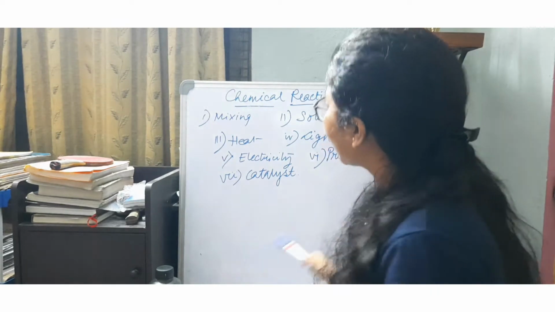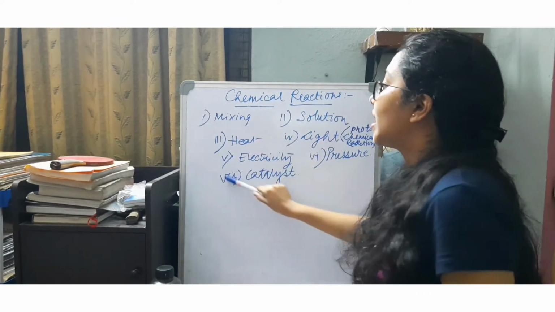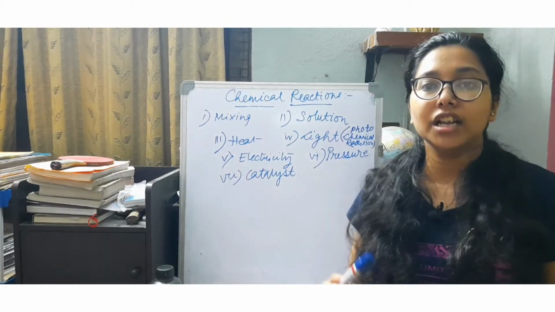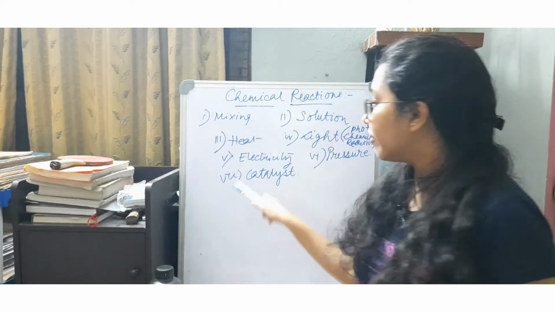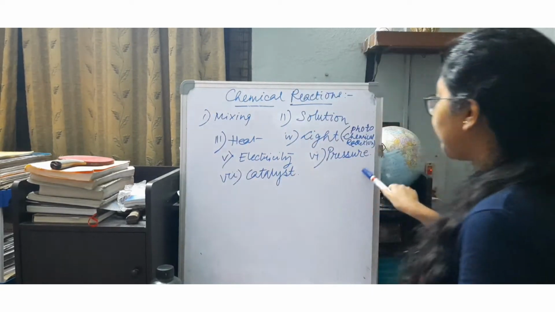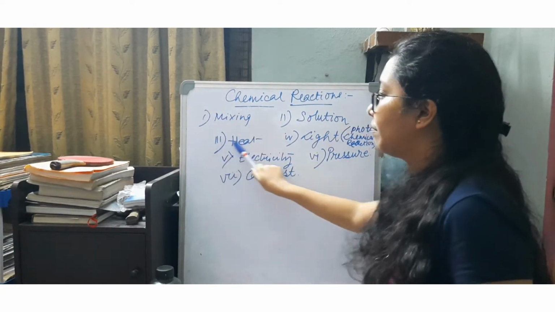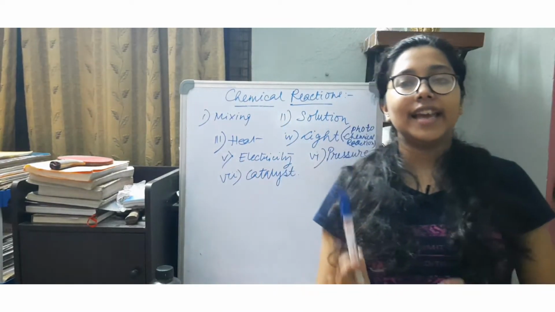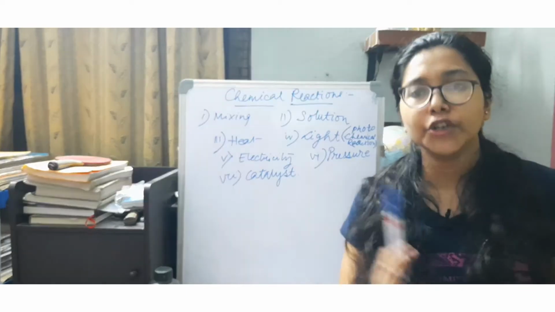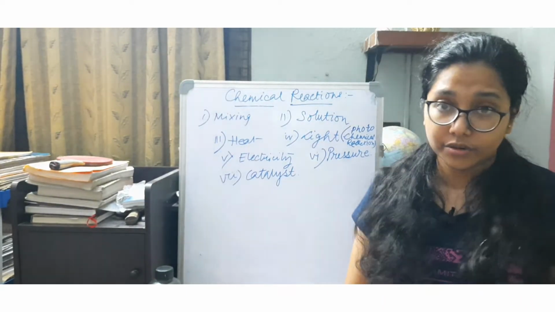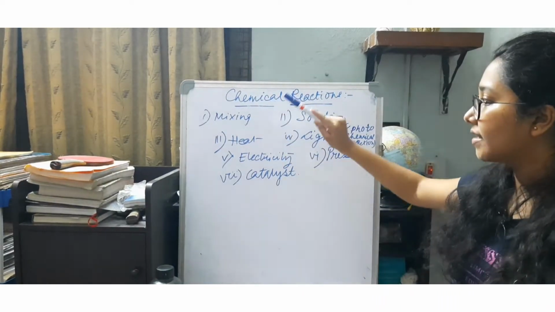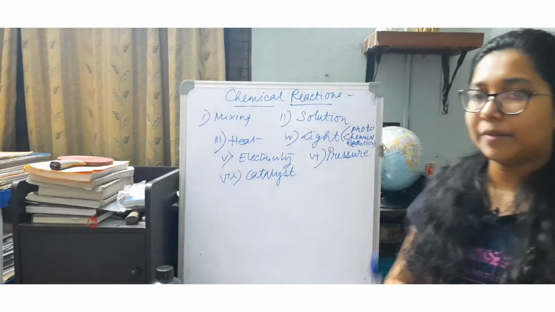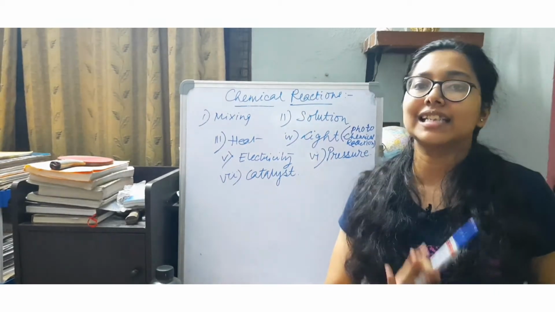Now all these particular important types which are necessary for the chemical change to occur, for the chemical reaction to take place, you will find that all these methods have different examples which are stated directly in your textbook. You should know at least one or two examples from each category. It's better to know two examples. When heat is supplied, any two such examples, I am not stating them, you can easily find them out in